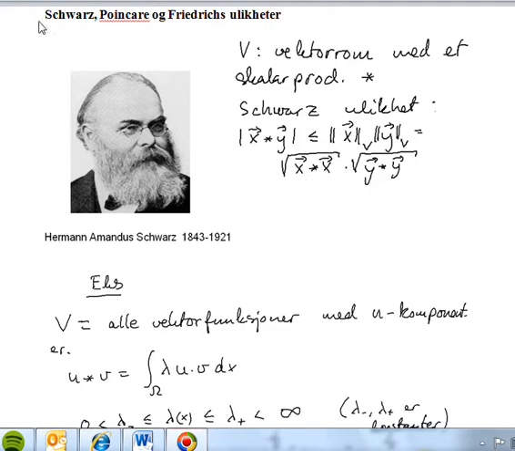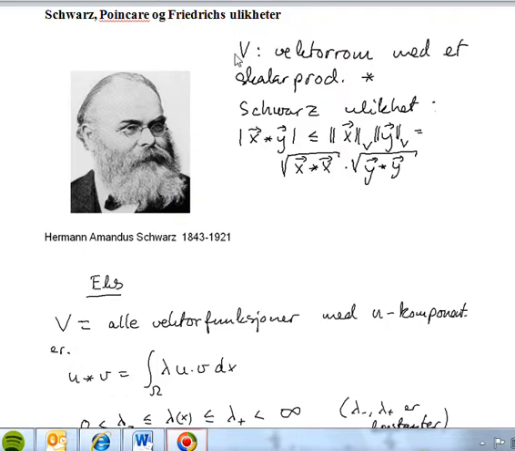Let us say some words about these three important inequalities. They are called the Schwarz, Poincare and Friedrichs inequalities. Let us start with the first of these, the Schwarz inequality, named after the famous mathematician Hermann Schwarz, which you